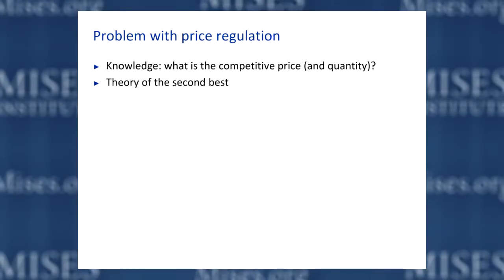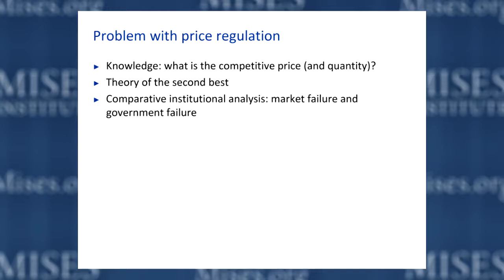Now, there are a number of problems with using price regulation and quantity regulation as a remedy for the inefficiencies and harms that are supposedly caused by monopoly. One obvious problem is a version of Hayek's knowledge problem. In other words, it's fine for us to draw these pretty pictures. We can draw these diagrams on the blackboard or in a PowerPoint file and say, oh yes, obviously the price that maximizes overall efficiency is this one right here, and point to it. Therefore, I command the firm, the omniscient regulator, to produce this quantity and charge this price.